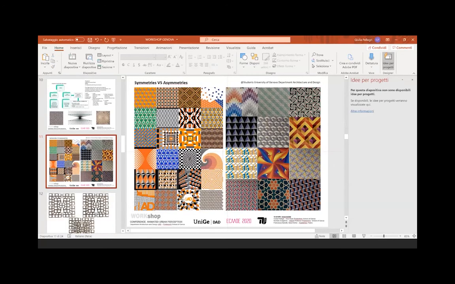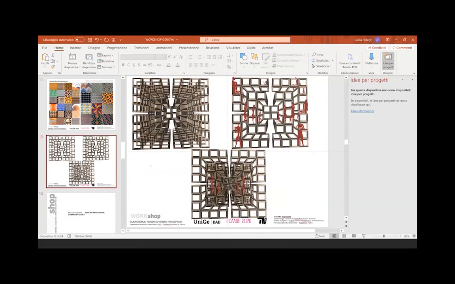These are some images and drawings of our students of the University of Genoa at the Department of Architecture and Design about the study of symmetry and asymmetry. And we have also some animated GIFs about the message of city movement and the perception of the proportion of the human being and the movement in the city. These examples are connected to the part